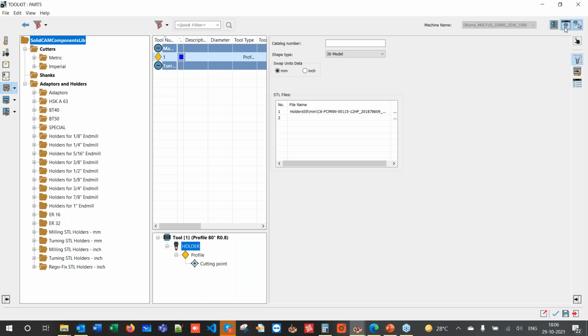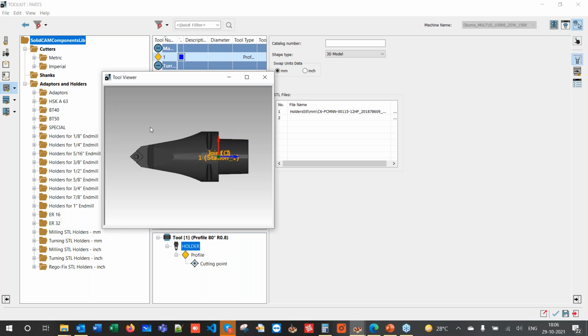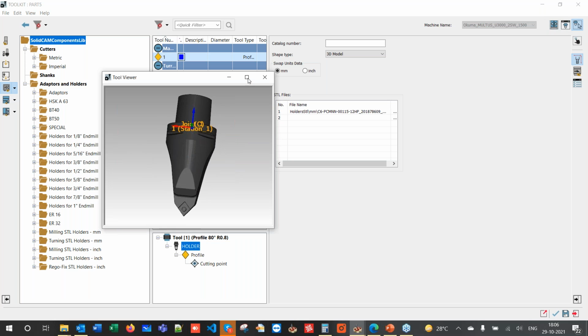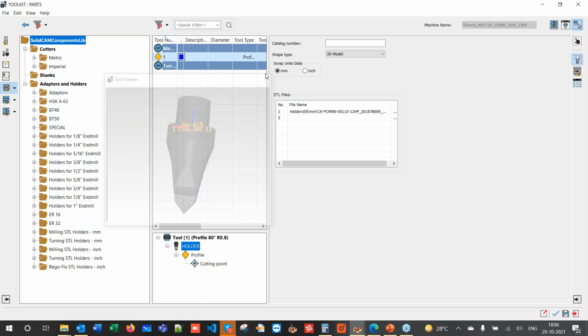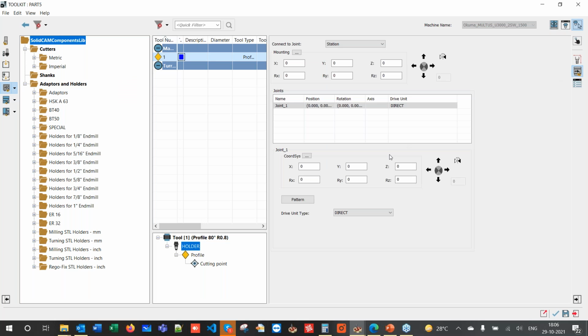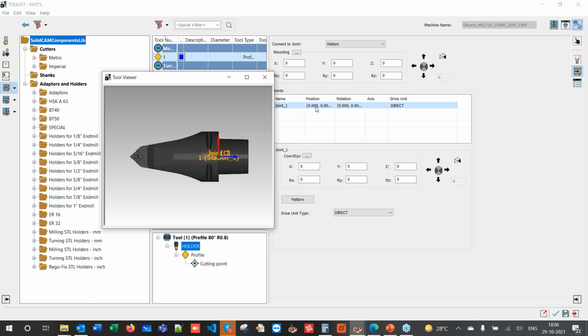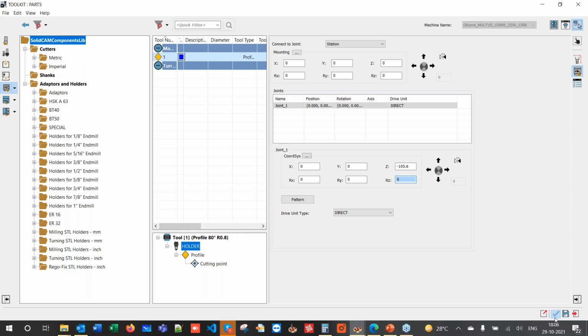Now we go to the tool picture, and you can see the holder is visible, but the insert is not visible. The reason being is we have to define the insert mounting position. This we define in the joint section of the holder, and in the Z we say minus 105.6. When you click here, you can see the insert is added onto the holder. We'll click on OK,